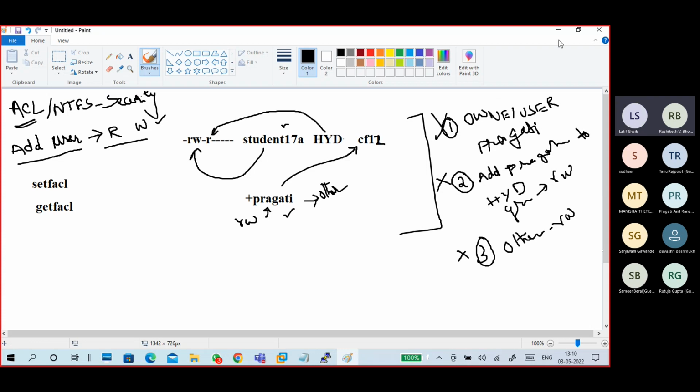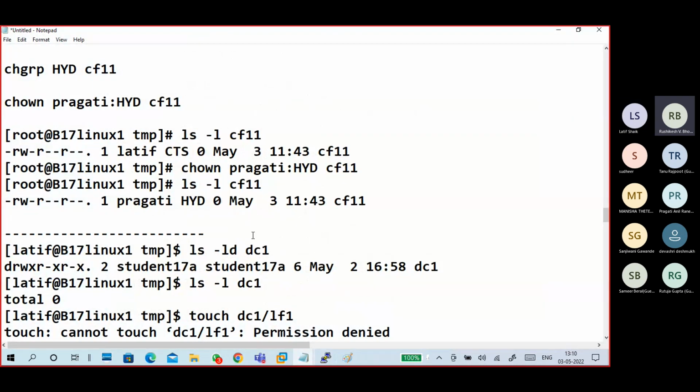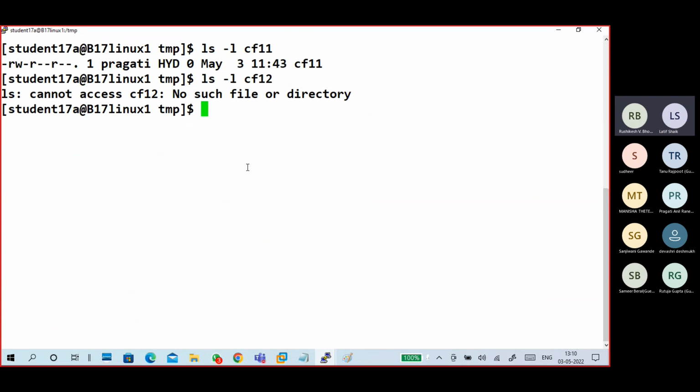As an example, I'm going to create it. Okay, so touch